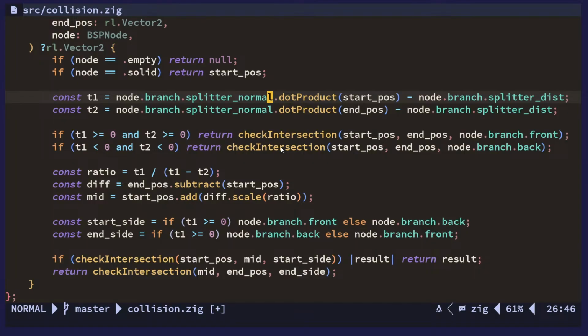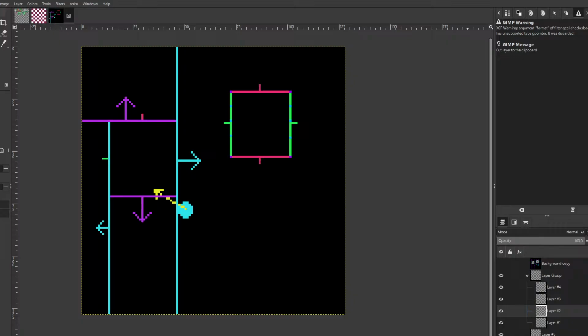I don't really understand this equation here. It's like we're taking the normal, let's say this one,